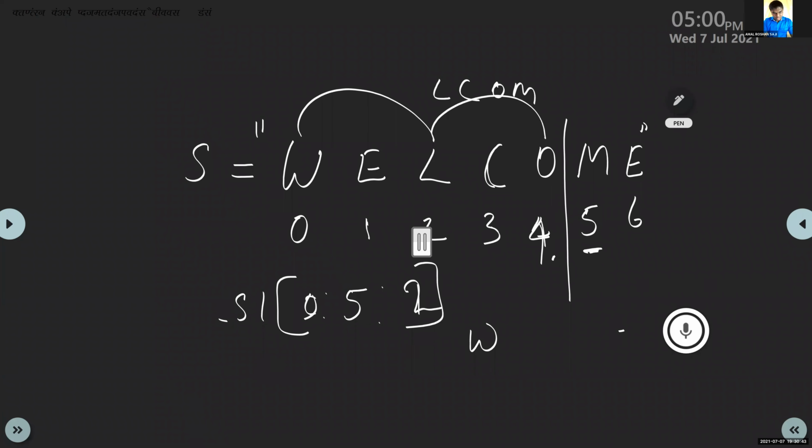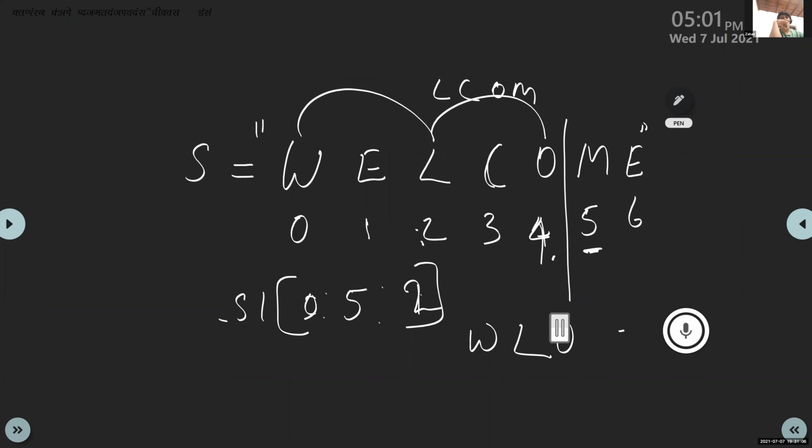Then I will write the value based on this 2. It is L. Then add 2 with this 2. 2 plus 2 is 4. So I will skip this C and write O here.